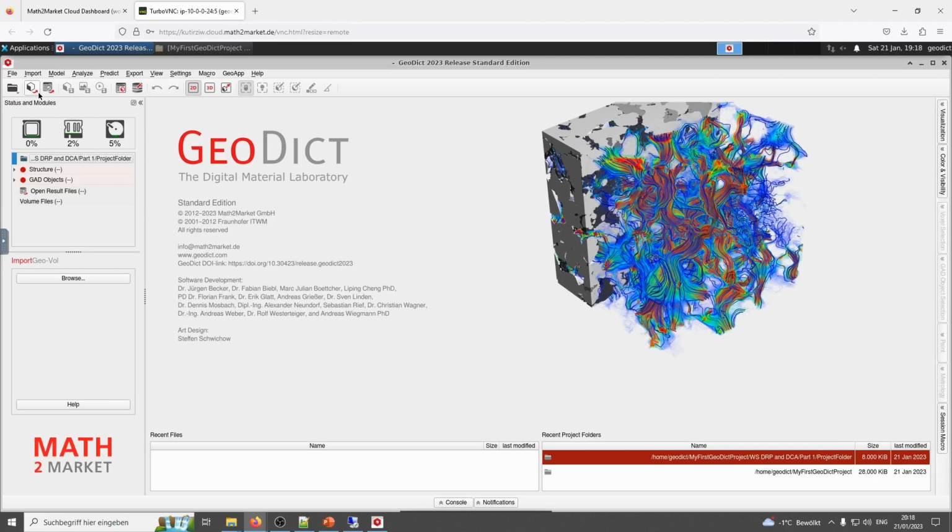In the installation folder of GeoDict, you can find the sandstone stack together with some other samples. Depending on your operating system, the path can differ. To get the correct path, please click on the console in the bottom.